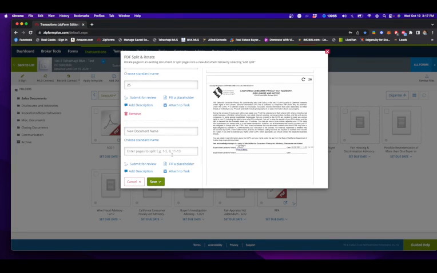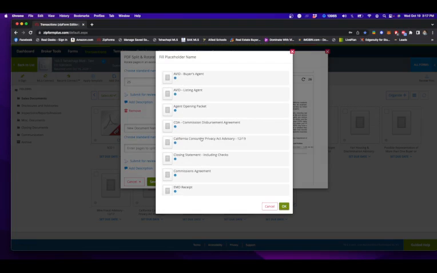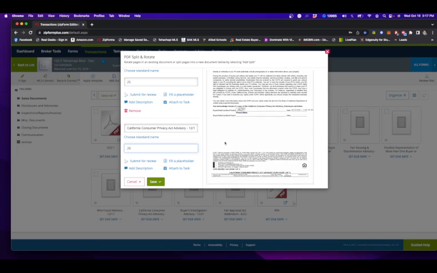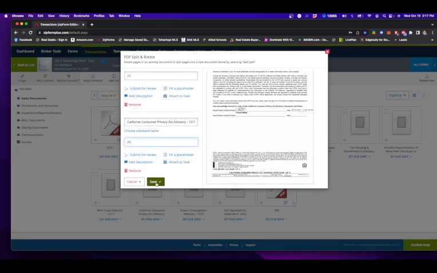California Consumer Privacy Act advisory. So fill a placeholder, and you'll see there it is right there, California Consumer Privacy Act advisory, page 26. And that's it. So that's our last split. Now when we hit save, it's going to take this 26-page document, and it's going to break it into its component parts, and it's going to automatically fill all of